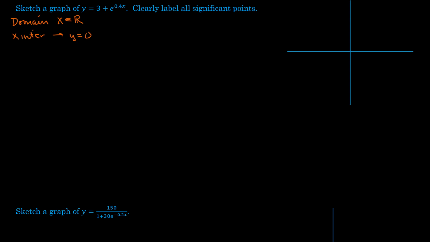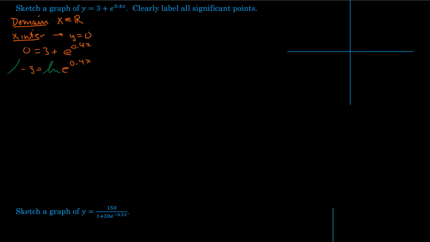Well, to solve for the x-intercept here, we're going to take our function and substitute 0 in for y, and we're going to solve that. So that's going to give us 0 is equal to 3 plus e to the 0.4x. Subtract 3 from both sides, we get negative 3 is equal to e to the 0.4x. Then what we're going to do to cancel out the e is to apply its inverse, which is a